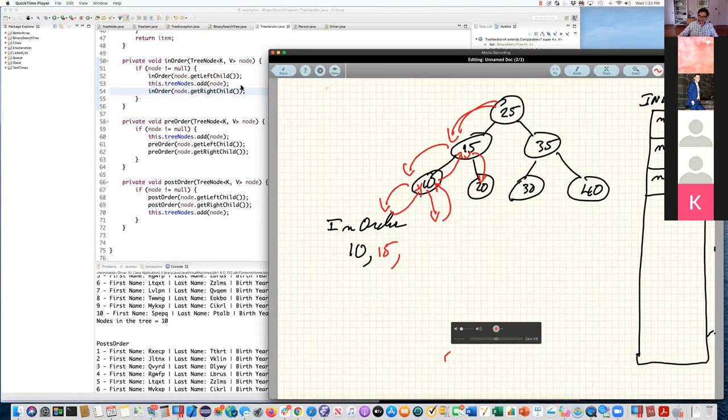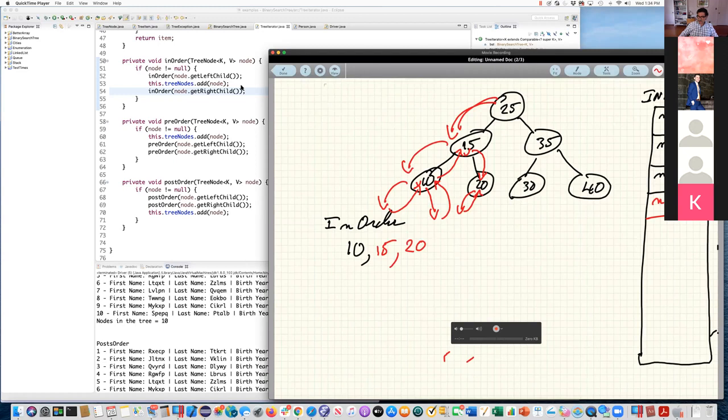Okay? So now in the recursion in here, I am at 20. Okay? 20 goes to visit his left child. His left child is null. Right? So he comes back, visits the node, which puts 20 in here, and then he goes to visit the right child.